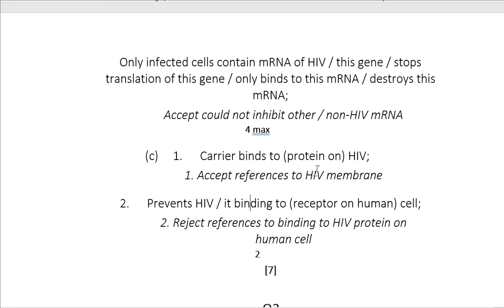So the antigen presenting cell, the infected cell is there and has a protein outside, right? HIV protein. The carrier molecule binds to it first. When it binds to it first, it prevents HIV from binding to it as well. Sorry, I think my understanding was a bit off here. So let me see if I can